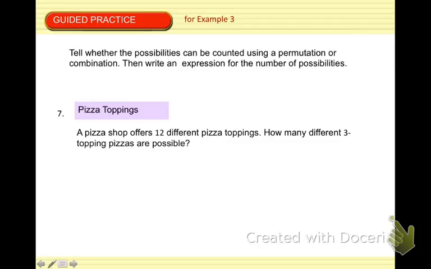So a pizza shop offers 12 different toppings. How many different 3-topping pizzas are possible? Again, this is a situation where it is a combination, because once you've picked your pepperoni, your sausage, and your mushroom, it doesn't matter whether you picked them first, second, or third, right? Order is not important. They would be the same 3 ingredients. We would have to get rid of all the duplicates. So our combination then would be a